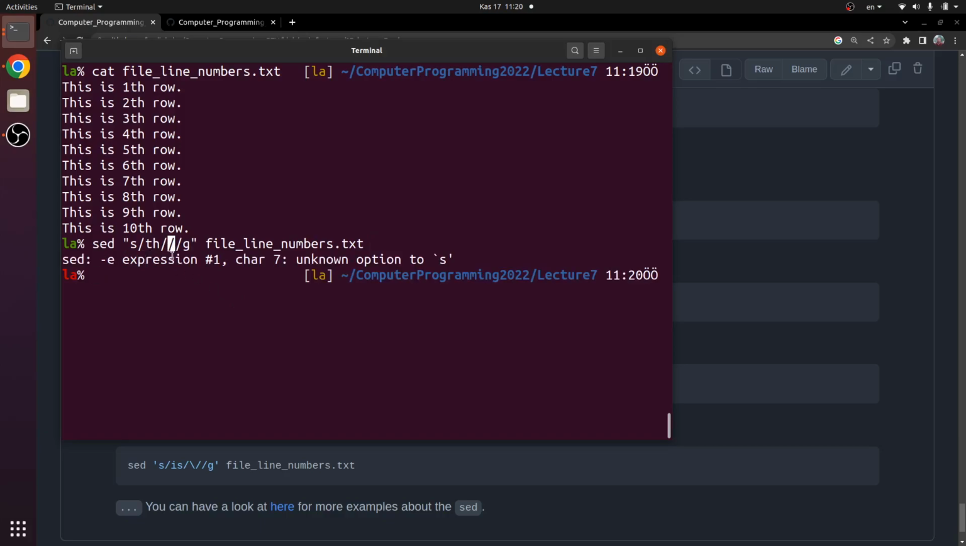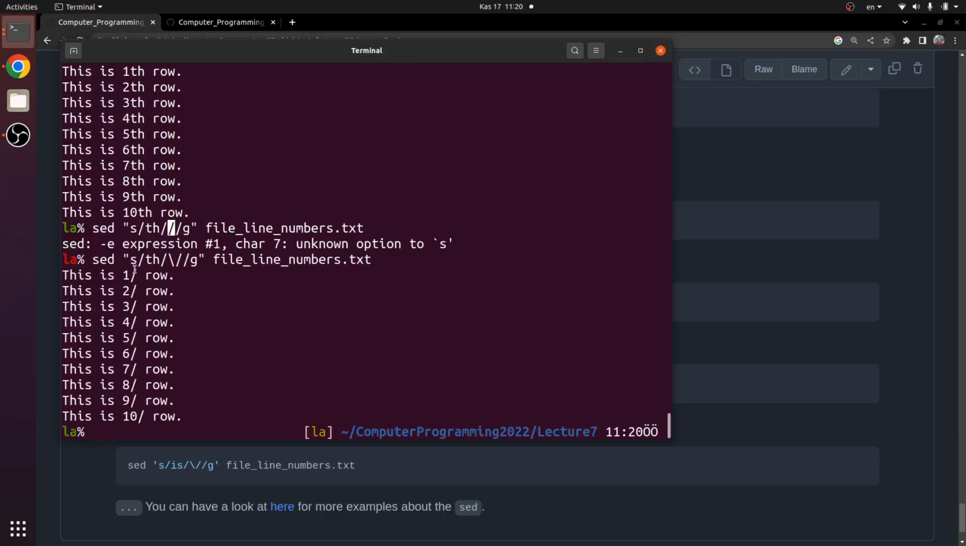There's an error. It says unknown option. But if we put a backward slash here, we make this one a character. We use this one to separate this character from this g. Okay, this is the separator, this is the special character. When we do this, we will see that all the th's are changed to the slash. Because these forward slashes are used when we define directories, this is quite useful